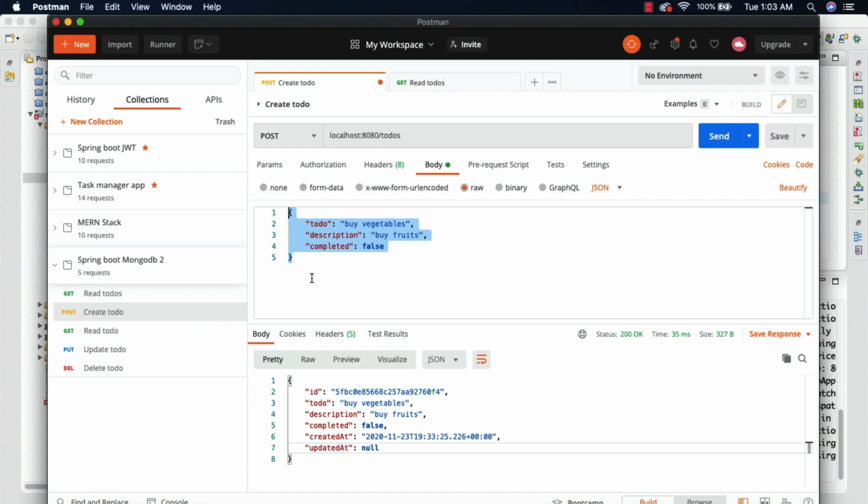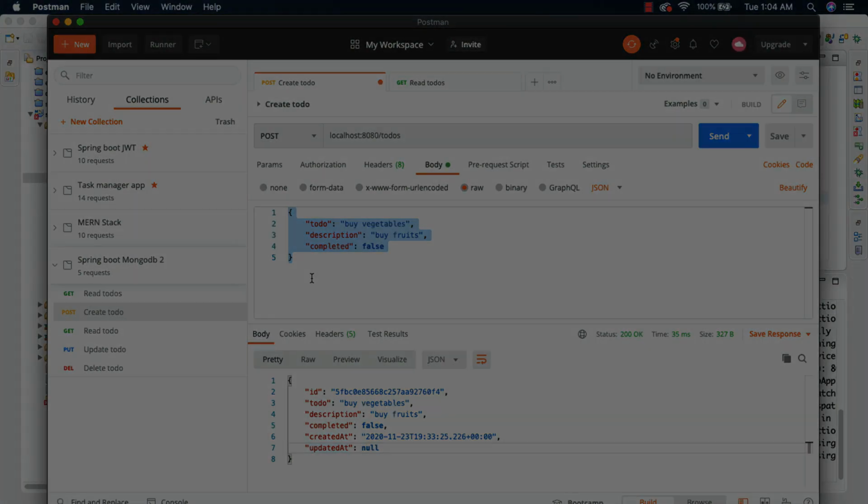Now we have set up some validations, and the user cannot store null values in the database. We are going to show proper error messages to the user if he tries to store null values. The same thing we are going to do for all of our other handler mappings, like the put mapping, delete mapping, the list of records and everything. That is coming up in the next video. I will see you in the next video.